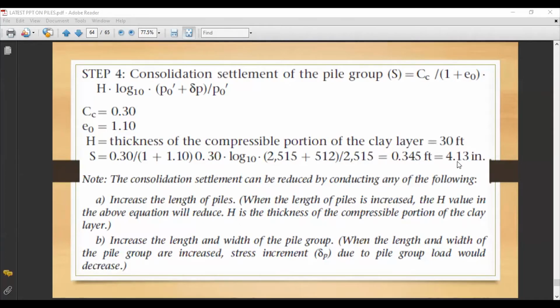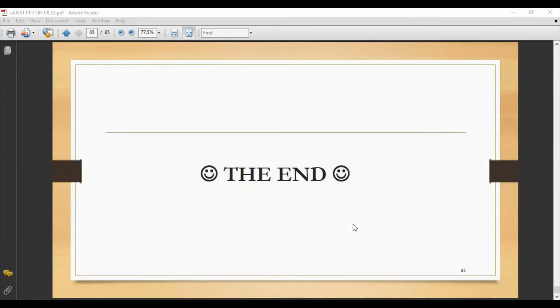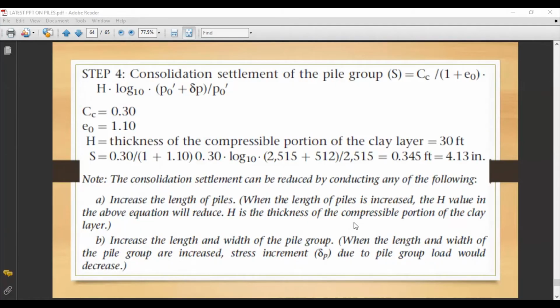You want to have the final value in mm, not inches. You should have it in mm. You can do it as a self exercise. You know better how to make the conversions, right? By now, I think I have given almost all the conversions. I have given feet to meter, kilonewton per meter square, meter cube to PCF, which we have assumed as 19 kilonewton per meter cube as far as soil density is concerned. Okay.